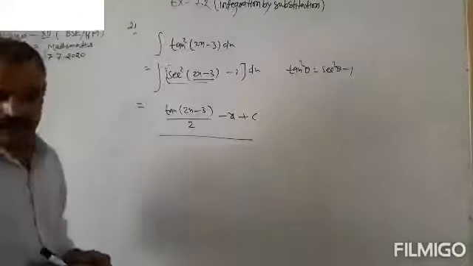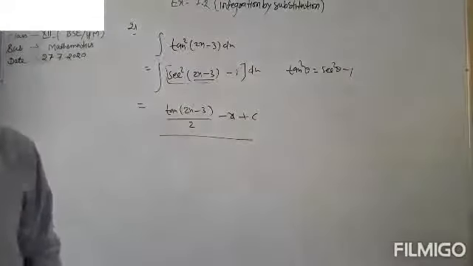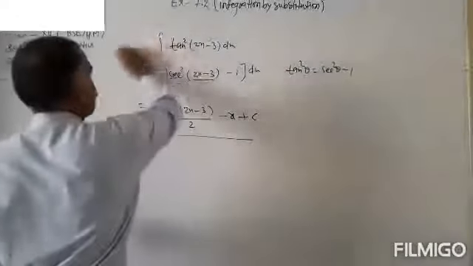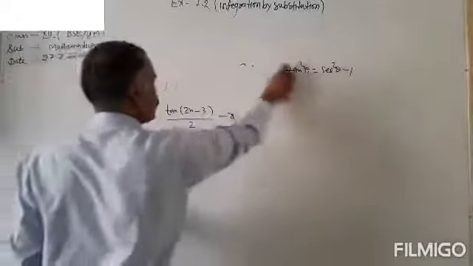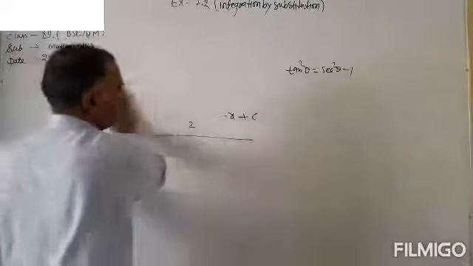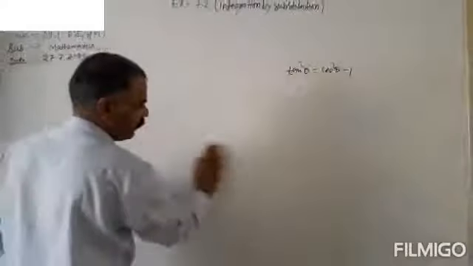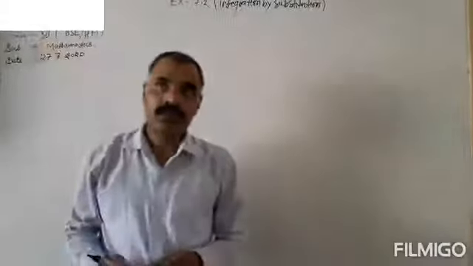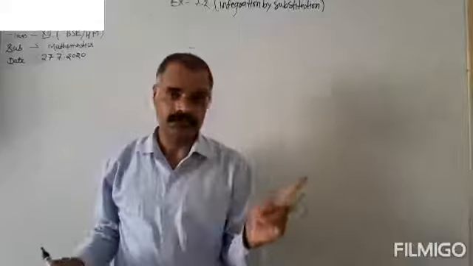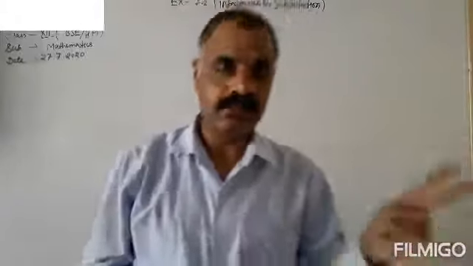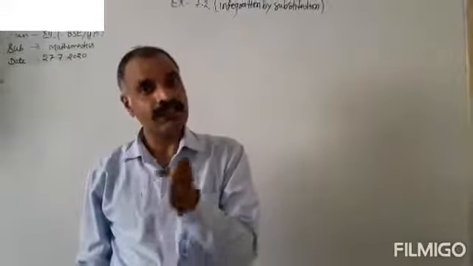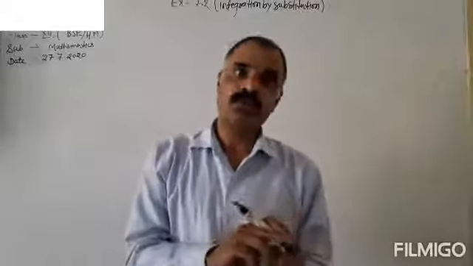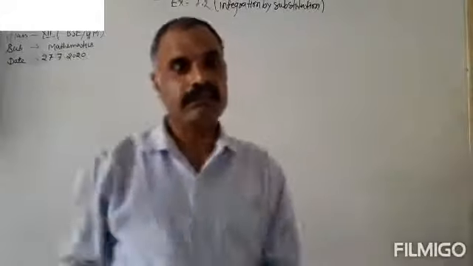Now let us take question number 25. Directly go to question number 25. You have to understand the concept. The concept is that we are doing the method of integration by substitution. In this method there are two functions given to you in the integration: one is function x, and the other one is the derivative of the function, that is function dash x dx. So you have to recognize which one is the function and which one is the derivative of the given function.